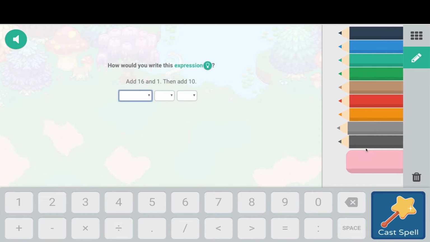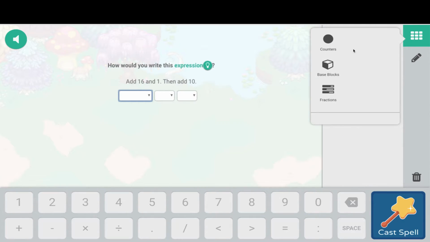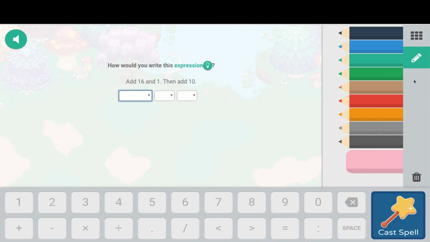You'll see I have some drawing tools over here. I have some manipulatives if I need fractions, base 10 blocks, or counters. Sometimes they will give me a calculator if I need it, but sometimes, like with multi-digit multiplication, they won't have that there. So it just depends. So add 16 and 1. Okay, so I have to figure out what that looks like. All right, then add 10. So if I do that,